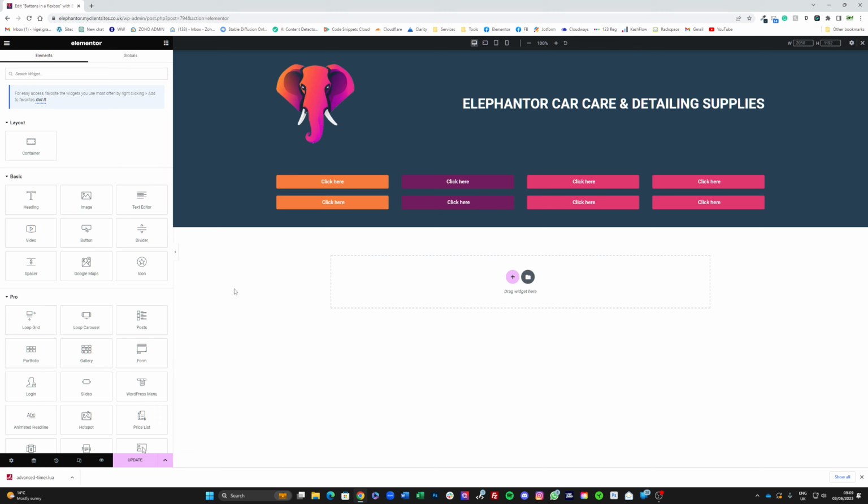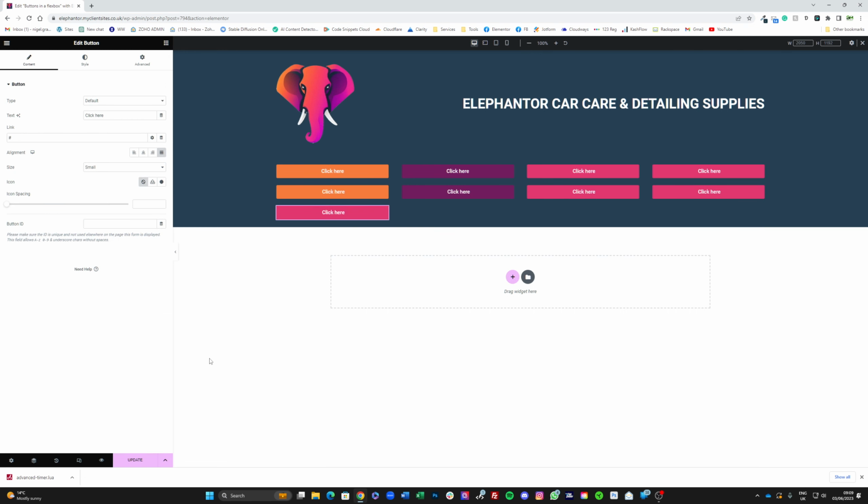But what happens then when somebody comes along and says, we need one more button? What happens? Well, okay, no worries. We'll just duplicate this one here. But now I've got 9 buttons, and it all kind of looks a bit weird. So what you can do here is